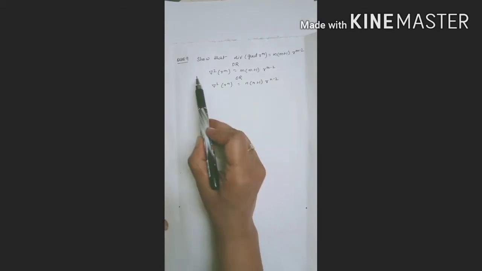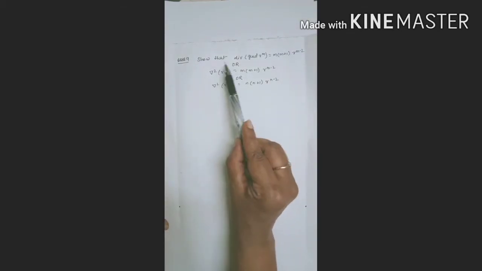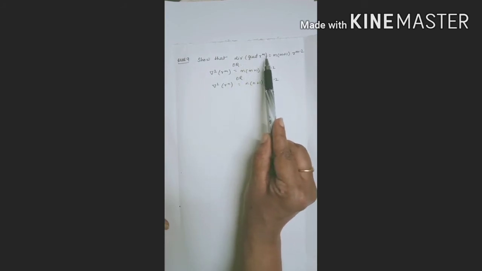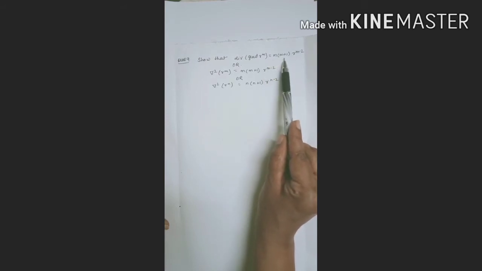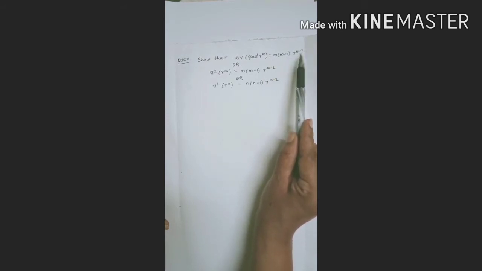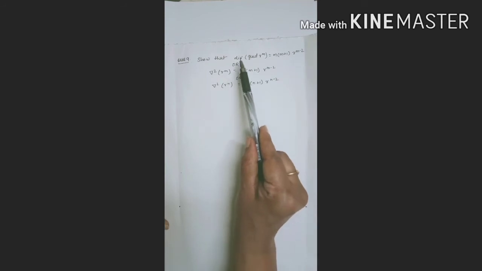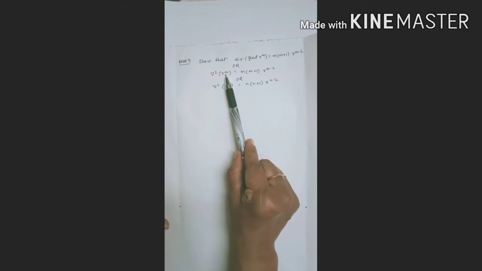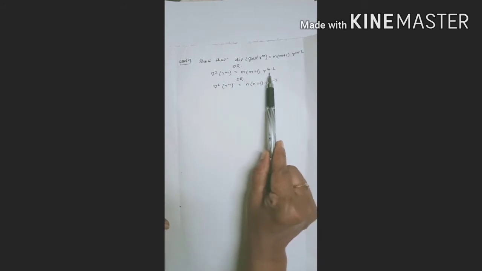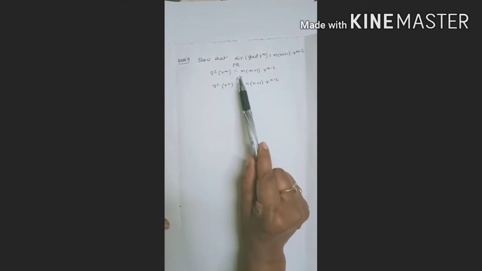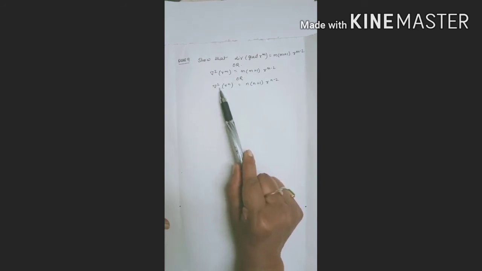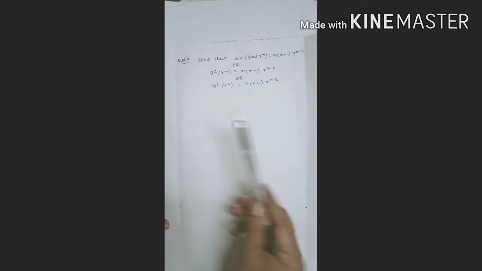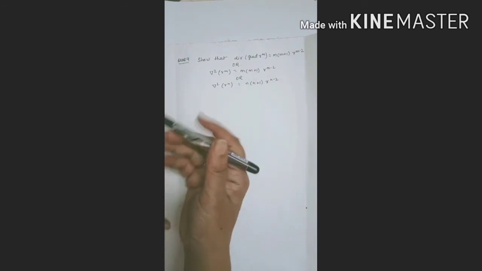Now see here, in this problem you have to show that divergence of gradient of r to the power m is equal to m plus 1 times r to the power m minus 2. Divergence of grad can also be written as del square of r to the power m equal to m plus 1 r to the power m minus 2. This you have to prove, or this can also be asked by changing m to n. So all these three questions are same, and let's start solving this.